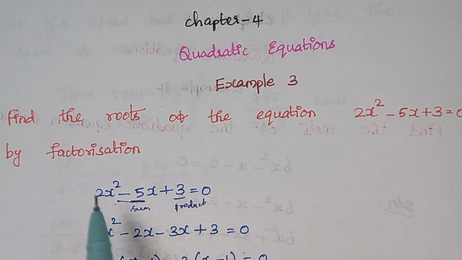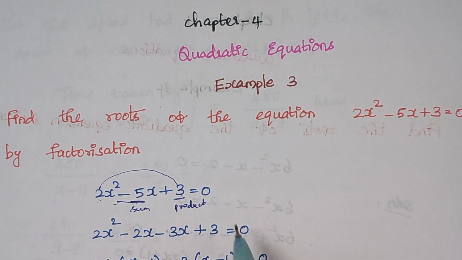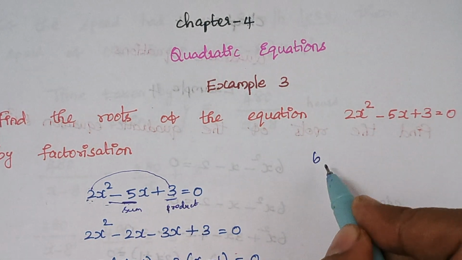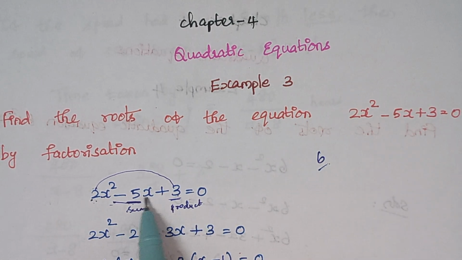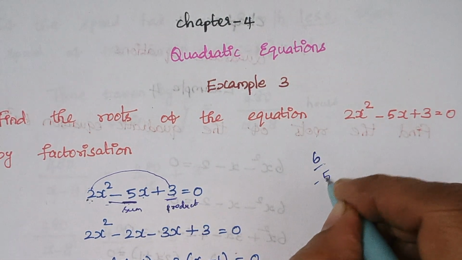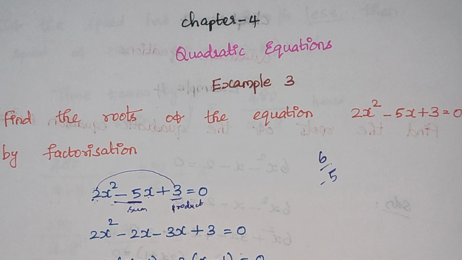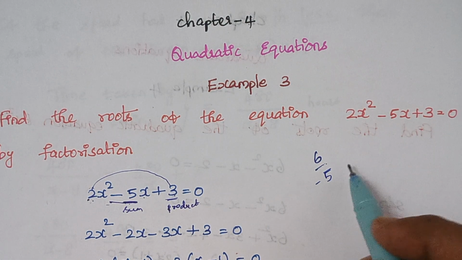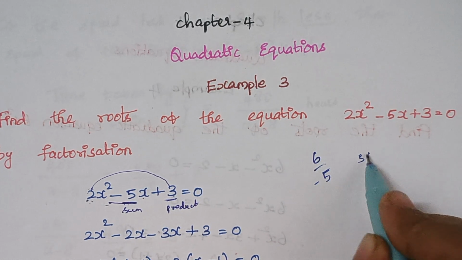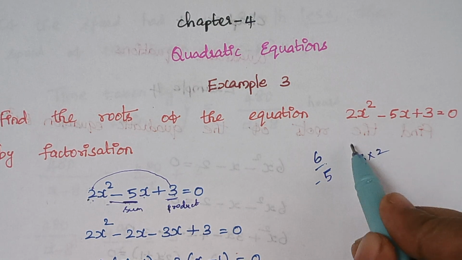Regarding the product, we have a coefficient of x², so you have to multiply these two numbers. 2 into 3 is 6. When you multiply, you should get the answer as 6, and when you add, you should get the answer as −5. So this is the basic thing. We are starting from a simple thing. 2 into 3 is 6, and the next thing is, we will start from